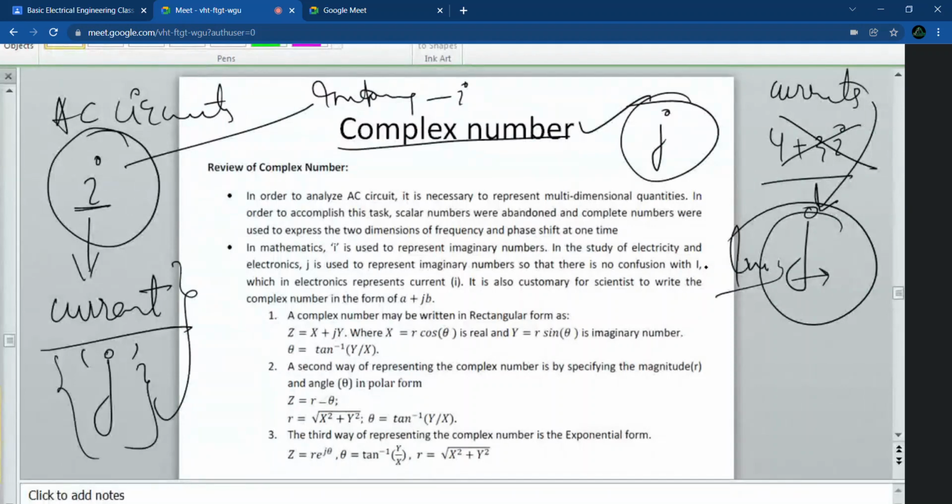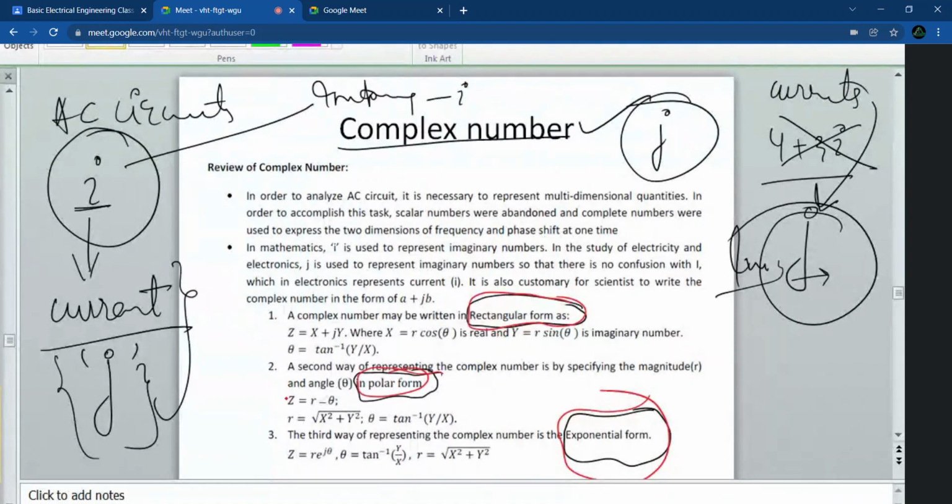ठीक है. Now, what you will be studying for today is just to recollect, because we will be taking one more class on this. You will recall: what do you mean by the rectangular form? What do you mean by the polar form? You have studied all this in mathematics. And what do you mean by the exponential form? These three things, rectangular form, exponential form, and polar form, you need to recollect, because in the next class I'll be discussing them. Clear to everybody?